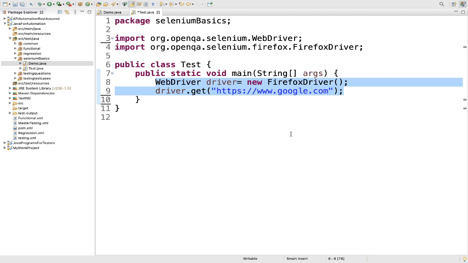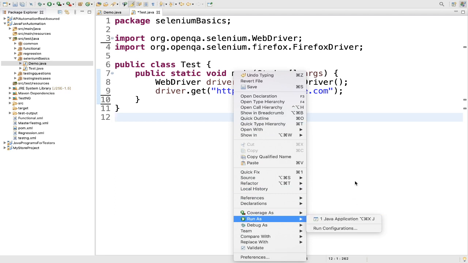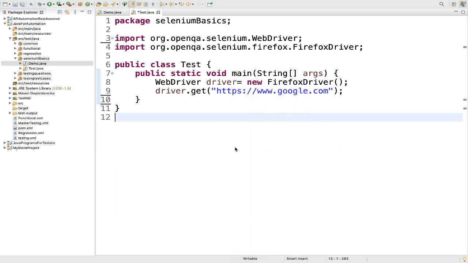Here we are using Selenium client library, that is Java. We are using Java language, and in our Eclipse we have written it, right? So how it works internally, that we need to understand. Once you are ready with your script, you just right click and run as a Java application, then it will execute the program. Based on this statement, Firefox browser will be launched and it will navigate to Google website. So what will happen internally after you click on run till the launch of Firefox browser?